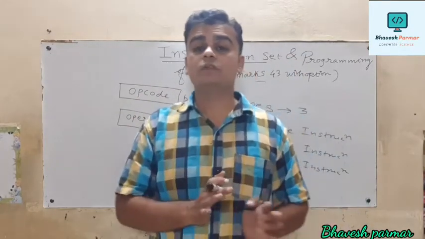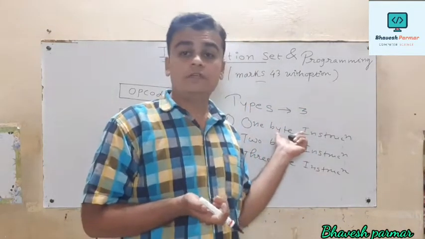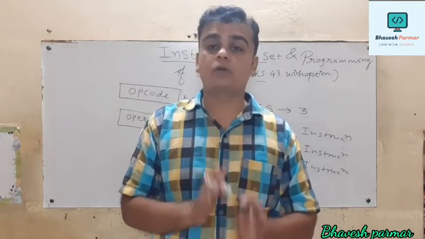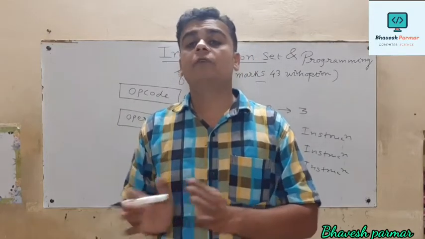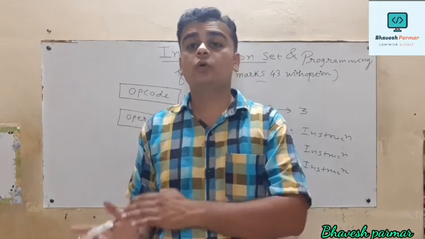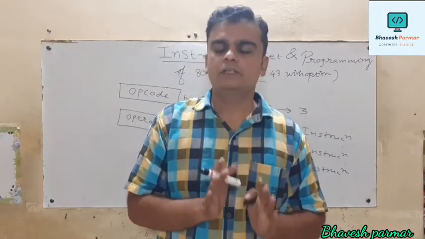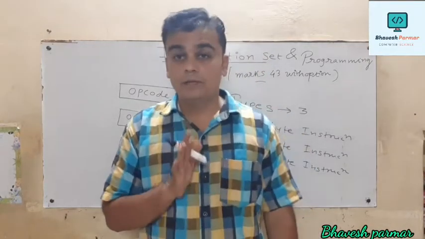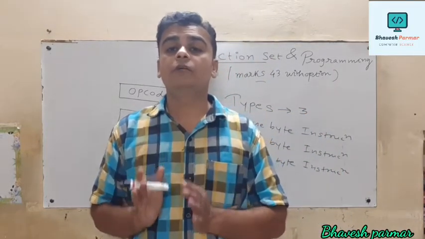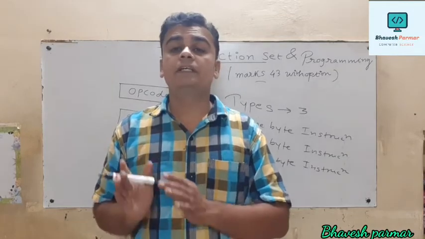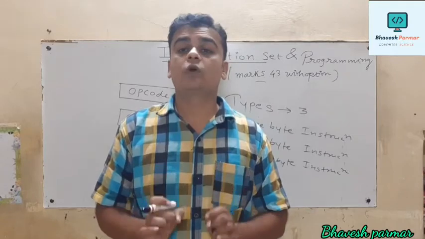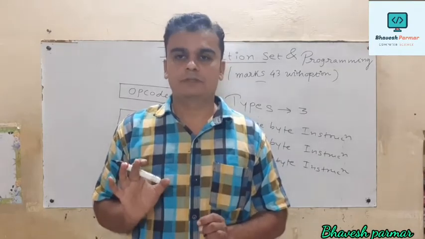So why does this happen? Why is it not possible to store it within 1 byte? When we perform an operation on a register, it is a 1 byte instruction. Why, guys? Because the proper data or value is stored within that register. That's why it is called a 1 byte instruction. But how can we identify a 2 byte instruction? When we perform an operation directly on given 8-bit data, it is called a 2 byte instruction. Is that clear?